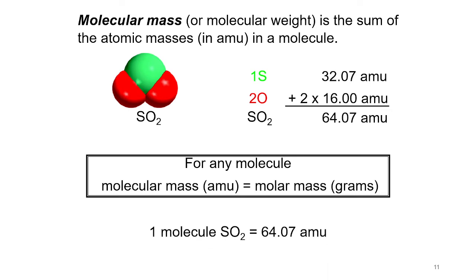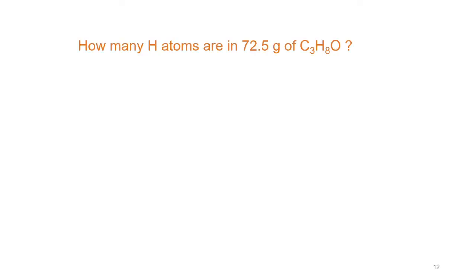Okay? So 1 molecule of sulfur dioxide weighs 64.07 atomic mass units, meaning to say 1 mole of sulfur dioxide is 64.07 grams of sulfur dioxide. So for the computation part, let's say we need to calculate how many hydrogen atoms are there in 72.5 grams of